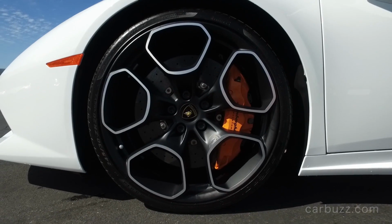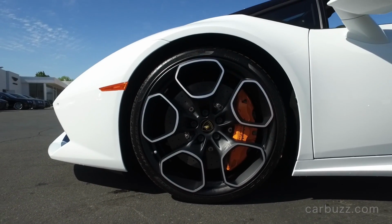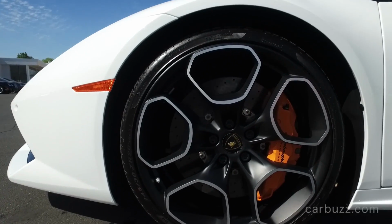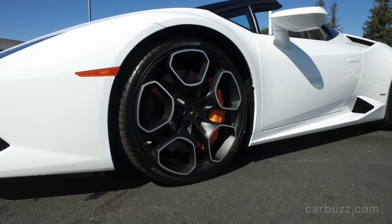But there will be another one that Lamborghini is going to count on even more than this in the very near future. Oh, the SUV you're talking about. Right, the Urus SUV, or whatever the production version name they give it. But I think they couldn't go too extreme with this just because they wanted to attract people that...